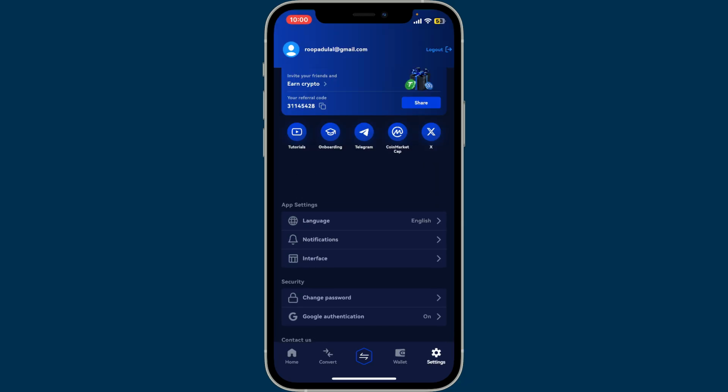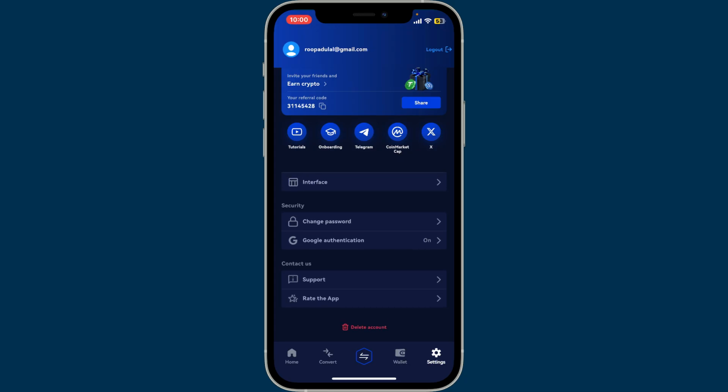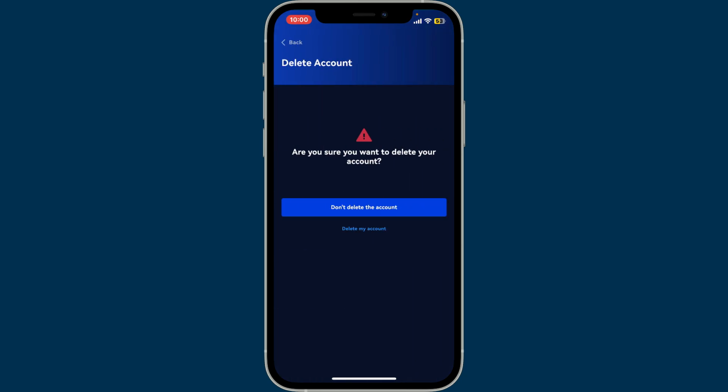Once you get to the settings interface, go ahead and scroll all the way down until you see the delete account button highlighted in red. To delete your account, go ahead and tap delete account. And on the next page, if you are sure you want to delete your account, click on the delete my account button. Remember that once your account is deleted, you won't be able to recover any data associated with it,